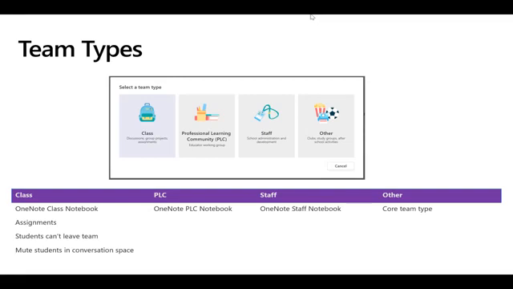And the last type, which is the other type, this is the least templated team. So you'll notice here there's no different types of OneNote notebook, it's just a generic blank OneNote notebook, and you have none of the assignment services. So actually, if you're doing things like projects, if you're doing things like research, if you are in almost any scenario where you're not a staff leader giving feedback to staff members, if you're not running a professional learning community